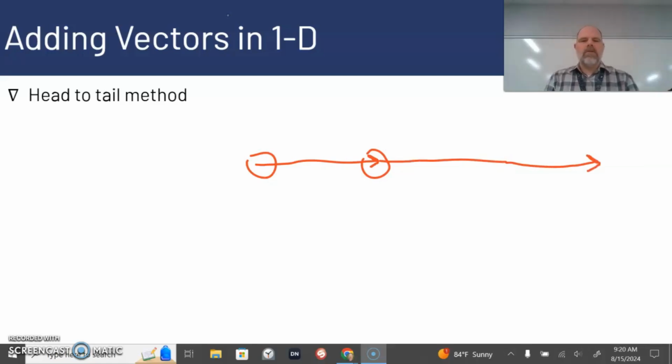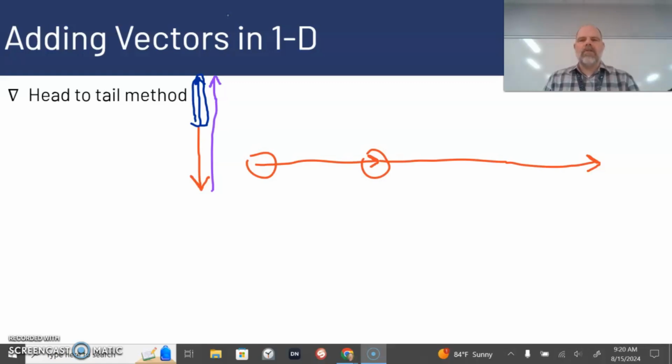This is in the x direction, or if we talk about the y direction, we have the vector going down like this, and our second vector is going up. Now our resultant vector is going to go in the direction of the second vector. It starts at the tail of the first vector and goes up towards the head of the second vector. So our answer to this vector addition problem is this vector. It's whatever that length is and in that direction.